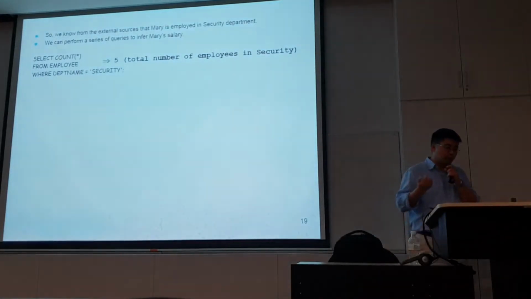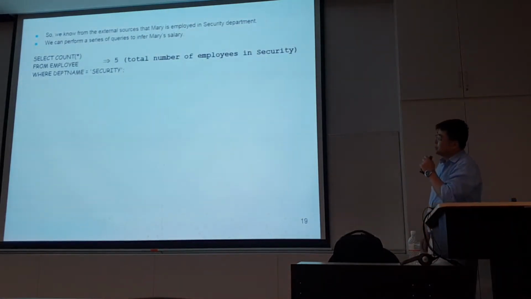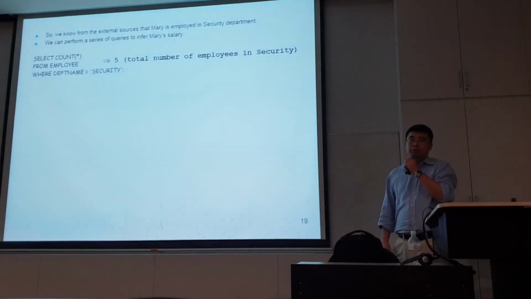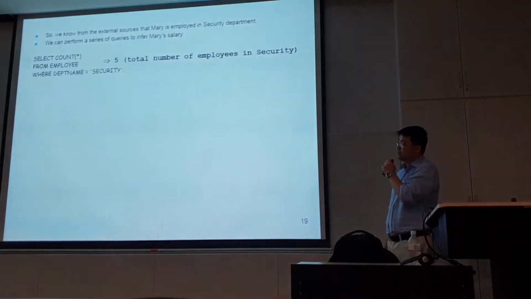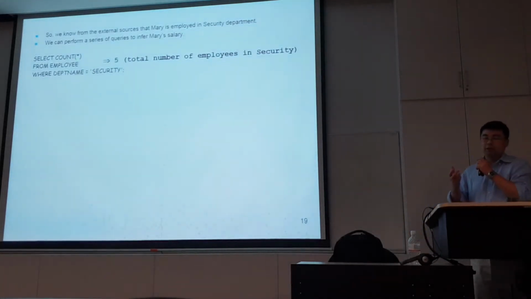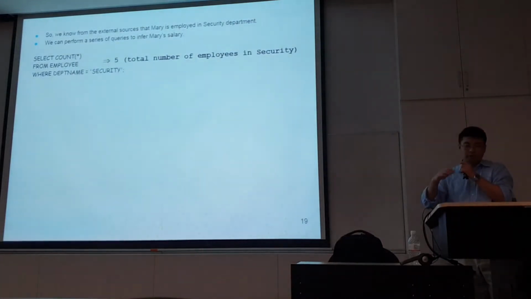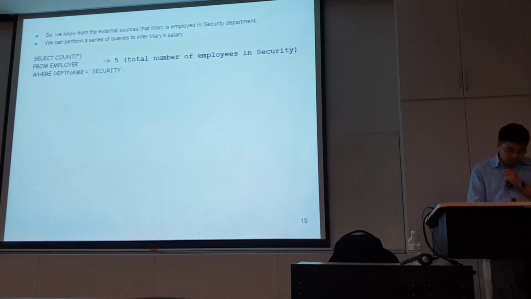And now we can still try to use a set of queries to infer the salary of Mary. So first we can, for example, use a count to identify how many people are in the department. So if the return is 5, this query is allowed because the return set contains sufficient data items, right? If there is only one, it will reject. Now this query returns 5 records satisfying the department, so it will allow. So now the attacker will know there are 5